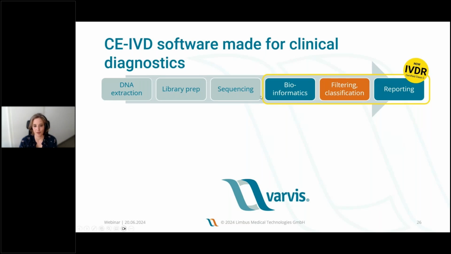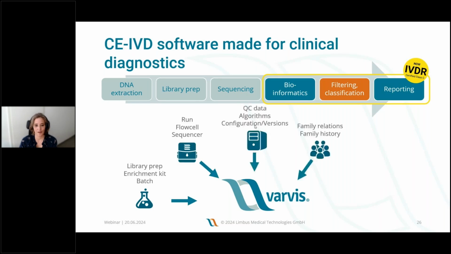As already mentioned before, we start very early in the process, so we take over when the sequencer is done and the raw data is available. And the consequence here is that not only the variant data is stored in varvis, but you're collecting data on a